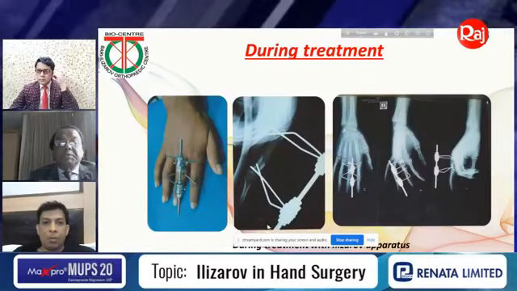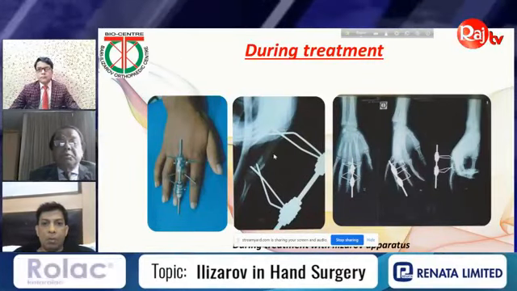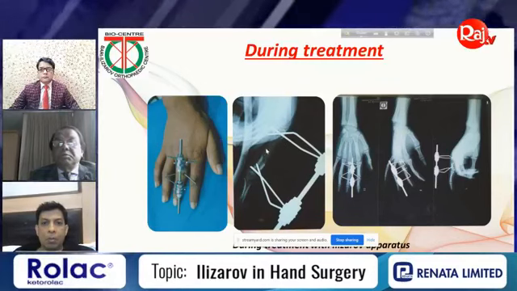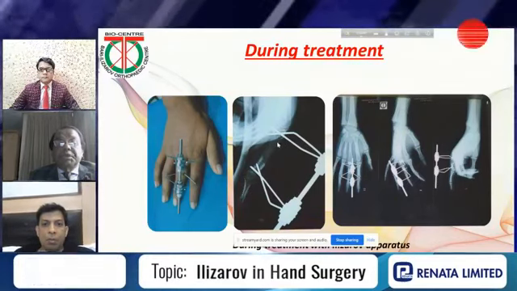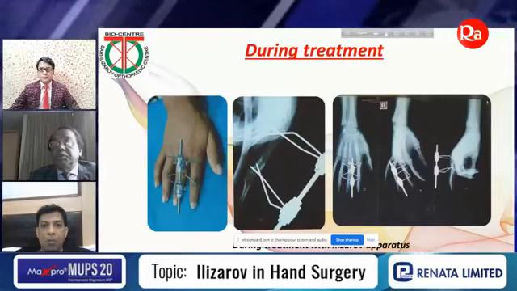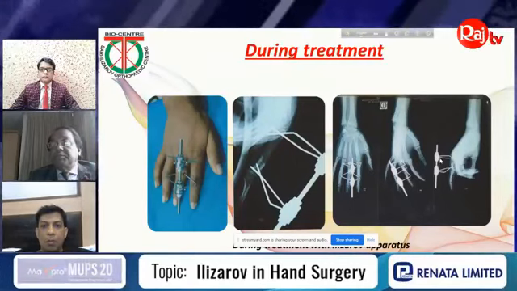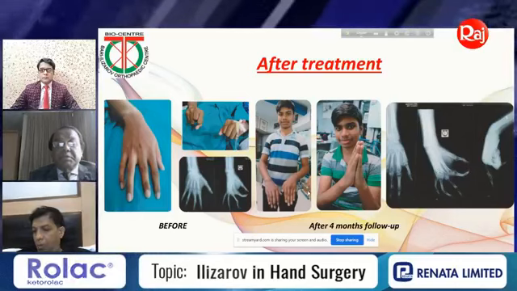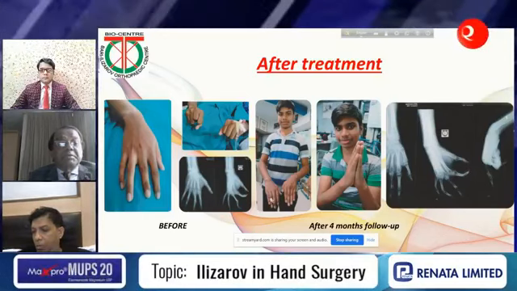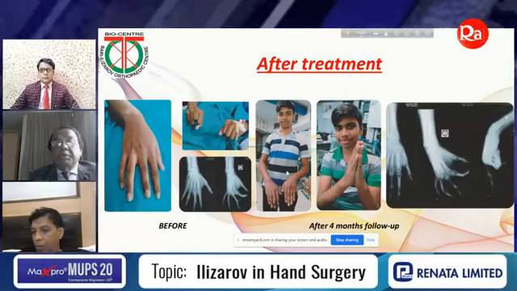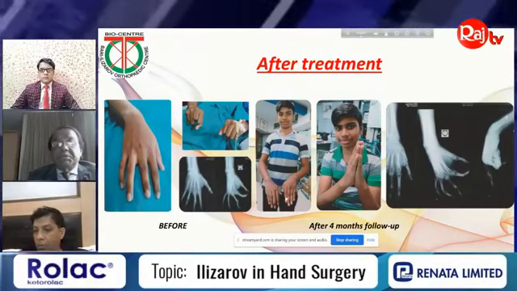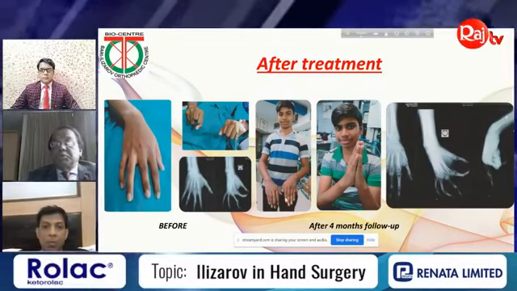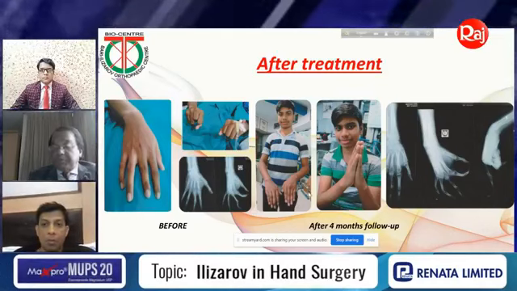See, look at this. This is very good regenerate bone. Lengthening part, you can see here, just like a tube, and this is the lengthening part with mini fixator. And then you can see here, this was the lengthening part. This is before, and this is the after. You can see here, this is almost the equal size after 4 months only.